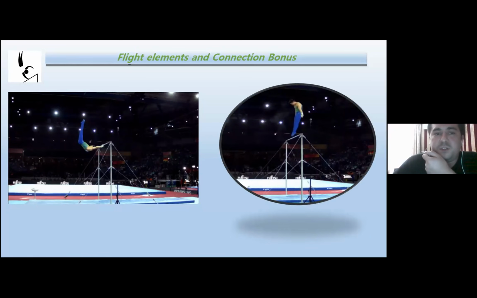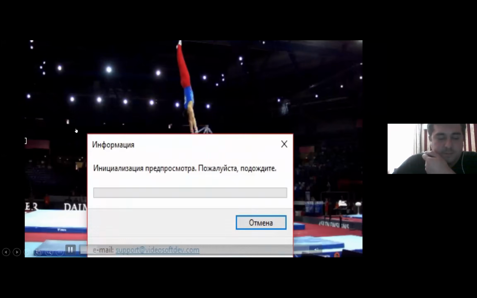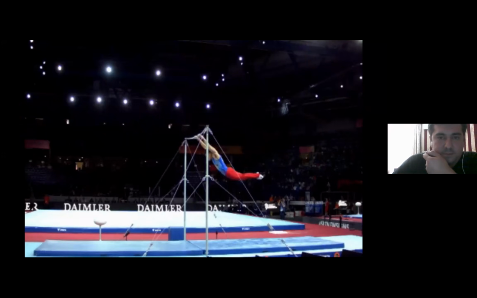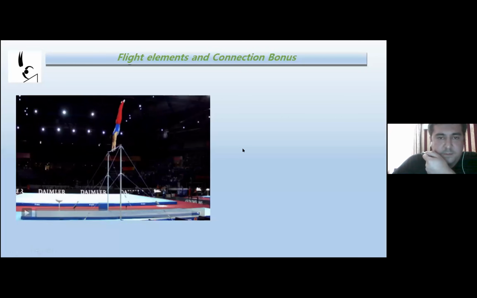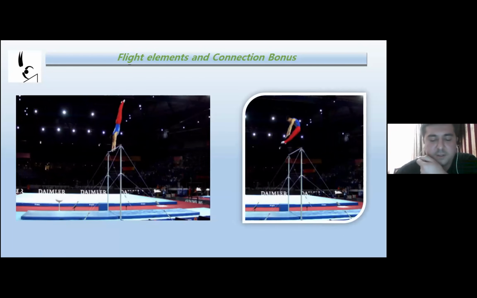The picture. In this video, we saw that the gymnast bent his body greater than 45 degrees before passing over the bar. In this case, it will be recognized as a Tkachov pike, the C value.